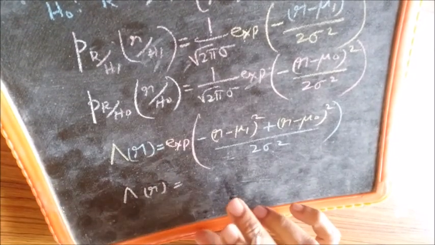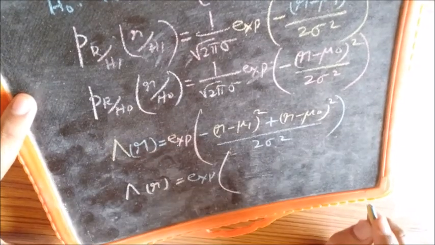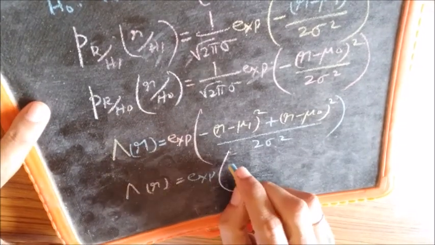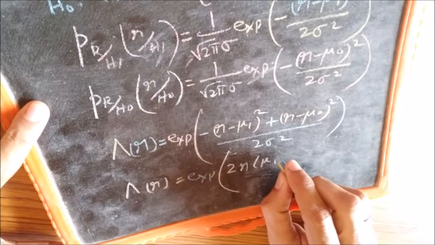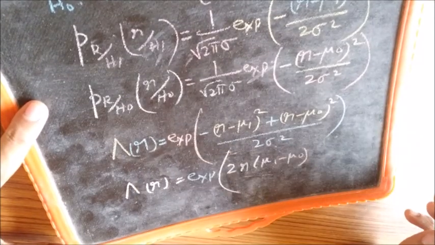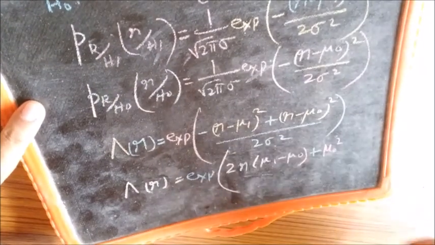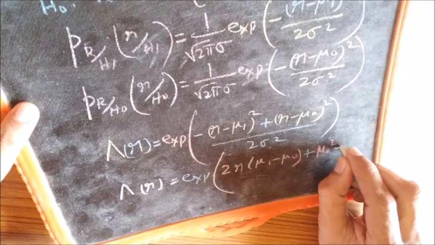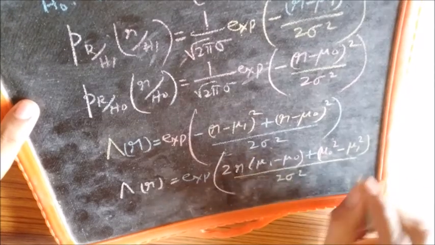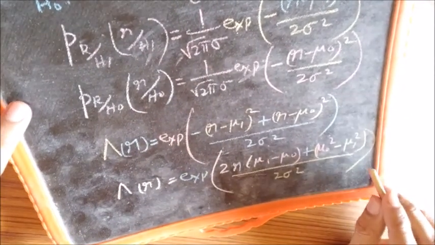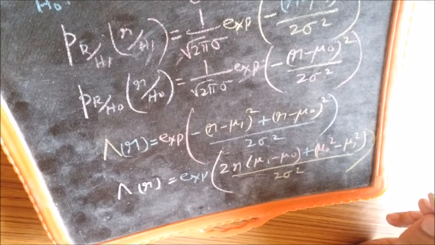the likelihood ratio as equal to, so upon simplifying this you will get the likelihood ratio as equal to r square has got cancelled. You will get 2r mu1 minus mu0 plus mu0 square minus mu1 square divided by 2 sigma square. So this is the likelihood ratio which we get in this case, and of course it is